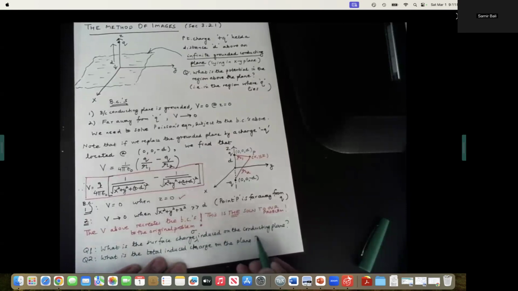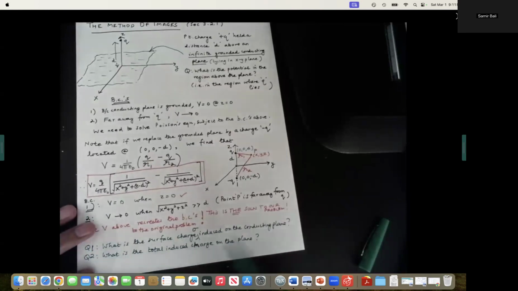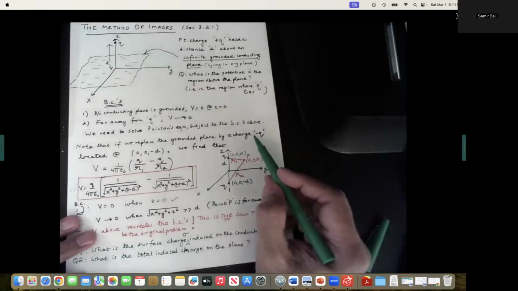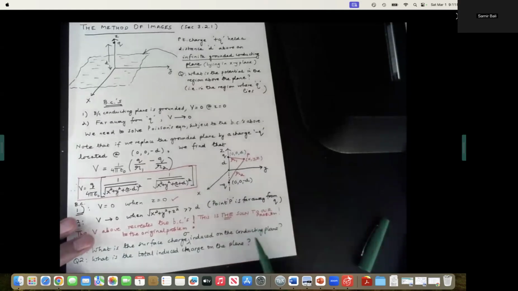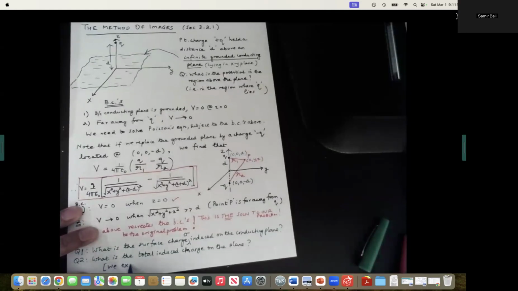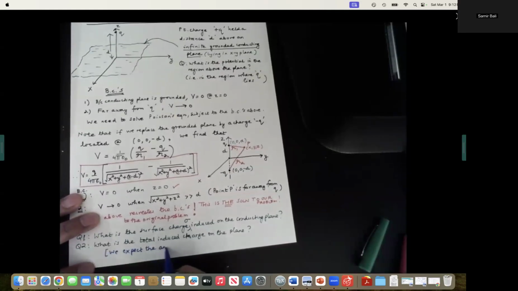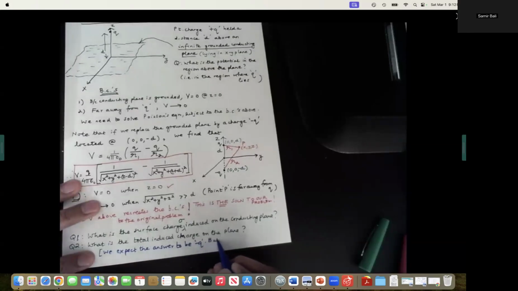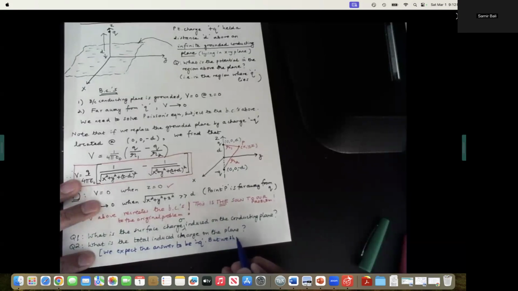Now, we didn't assume anything, we just solved a different problem, but we expect that the total induced charge should be minus Q. But the question is, what is the total induced charge on the plane? We expect the answer to be minus Q, but we should prove it